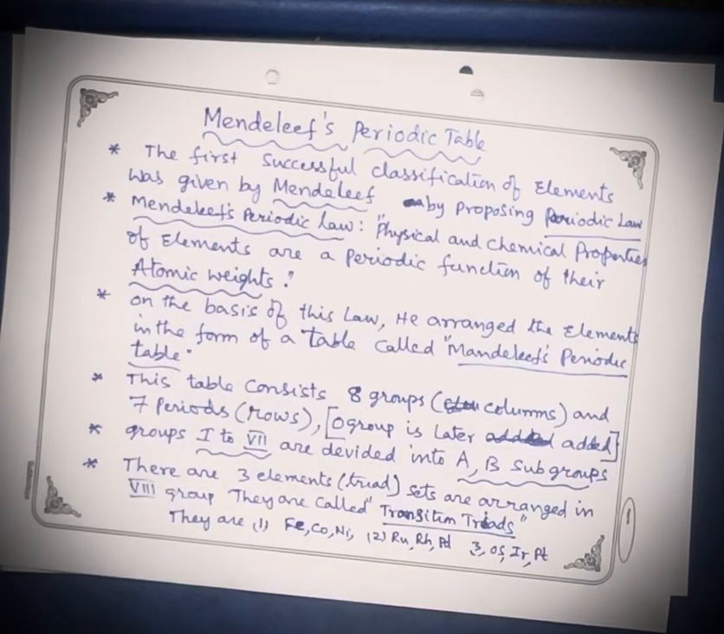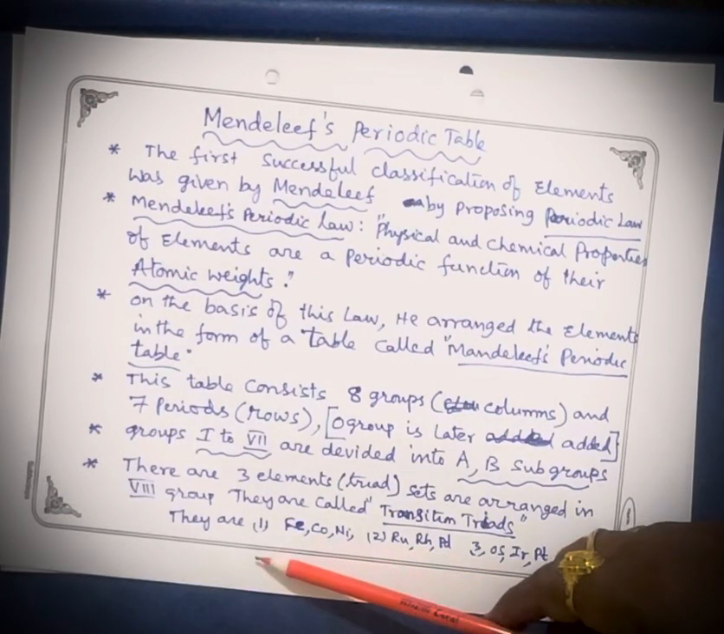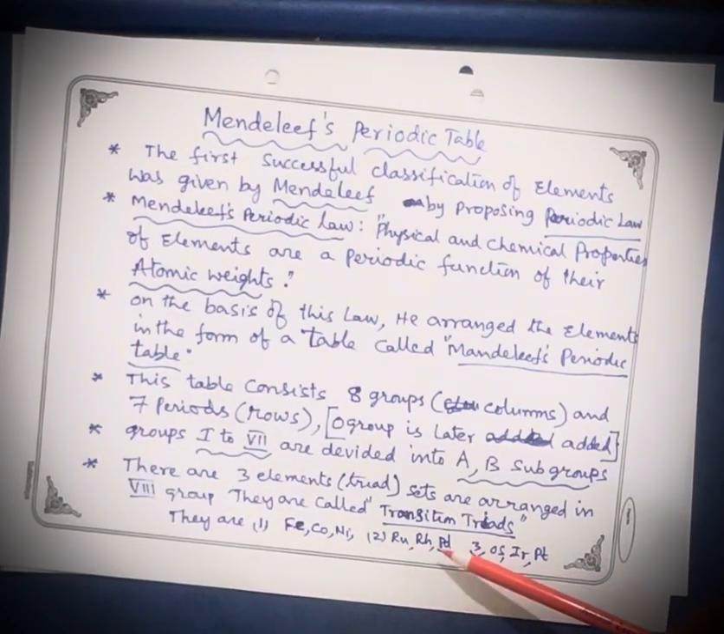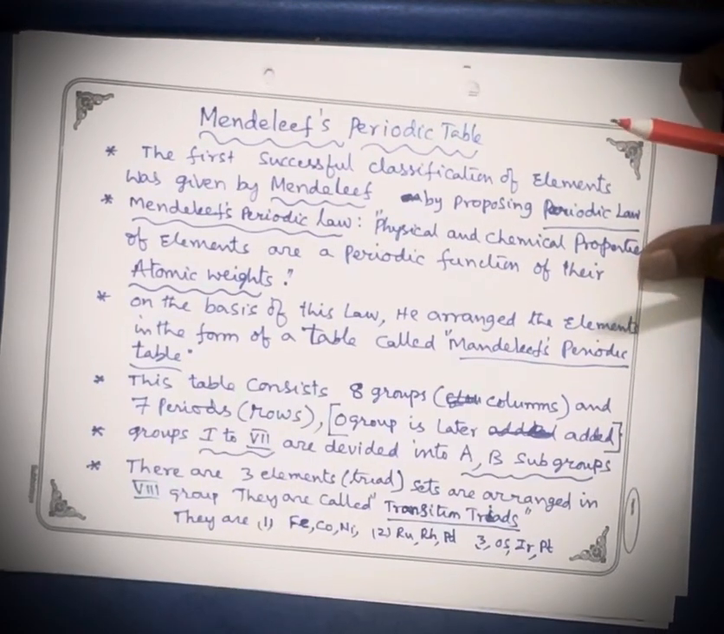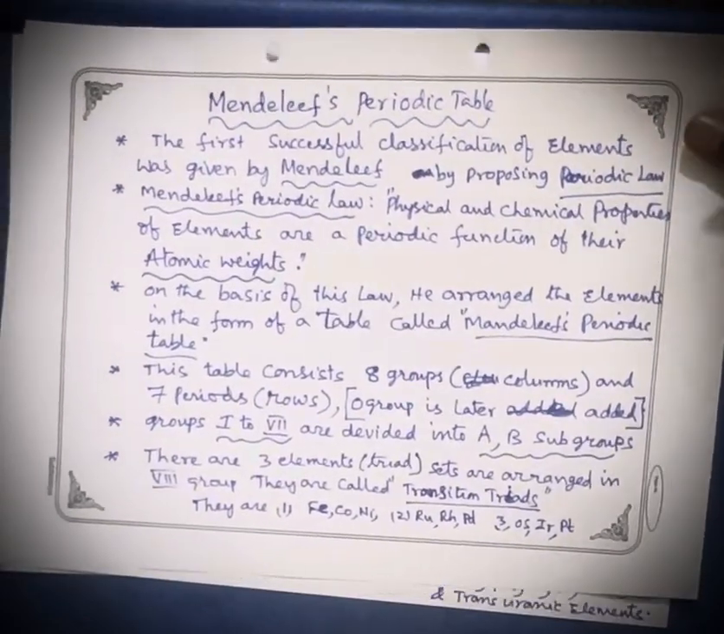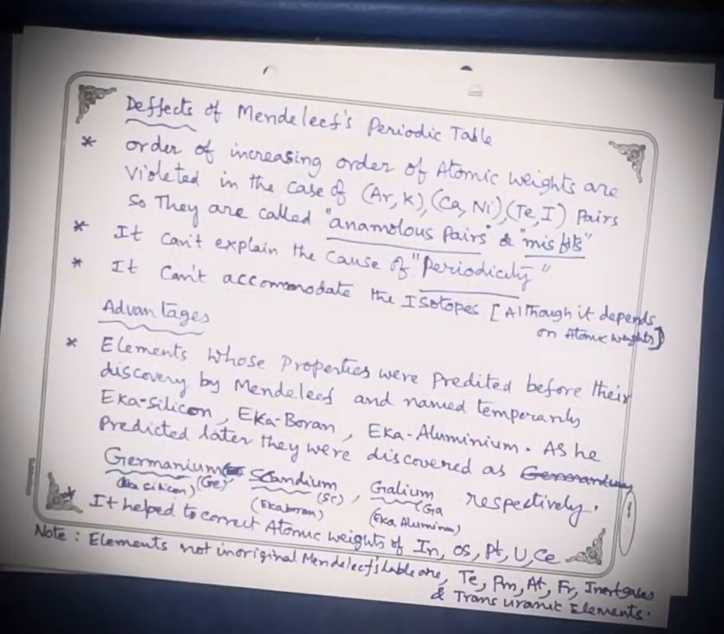In the previous lesson you have seen the Dobereiner triad. Here these triads are transition triads. The Dobereiner triad follows the principle that the average atomic weight of the first and third elements is equal to the atomic weight of the middle element. Here the transition triads are iron, cobalt, nickel, ruthenium, rhodium, palladium, osmium, iridium, platinum. So what are the defects and what are the advantages of this table? Defects of